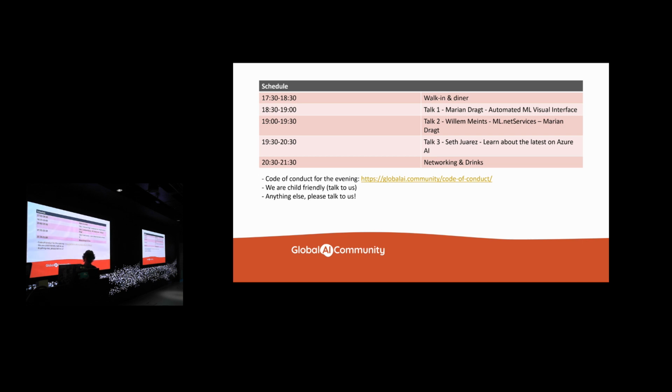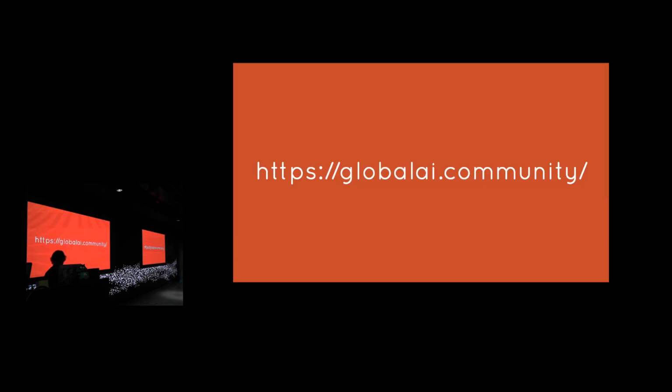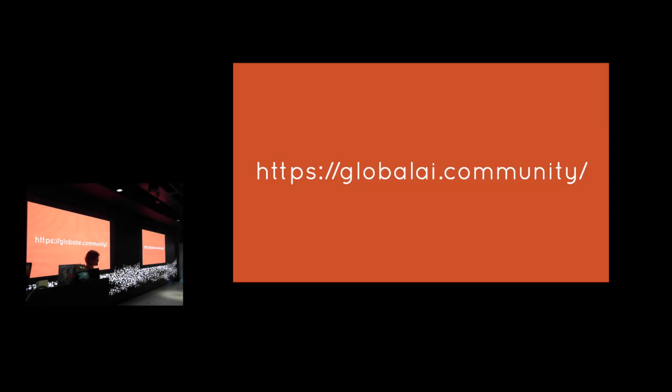And yeah, I would like to start with a demo. And with all demos, this is a real demo, so things can go wrong. But I prefer to share even my mistakes or things that don't work perfectly instead of just giving you screenshots, which is not the real world, right? You can find all the materials on the Global AI community site. We have the learning materials part. There you can find the GitHub repository, so you can do it by yourself whenever you want.